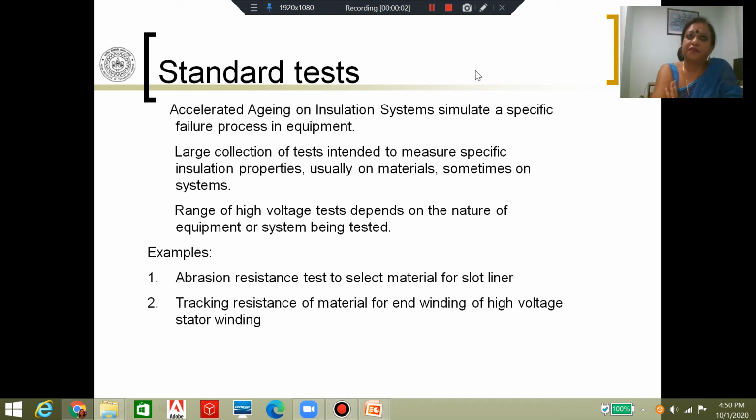So we have seen that there are various ways to classify the different kinds of tests that are done on equipment. There are the standard tests and the special tests. Of these standard tests, some are routine, some are type tests, some are only done under special situations. So just to get an idea of what kind of standard tests are done on power equipment,